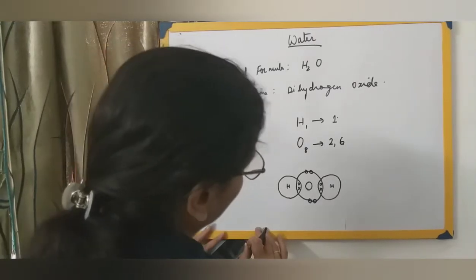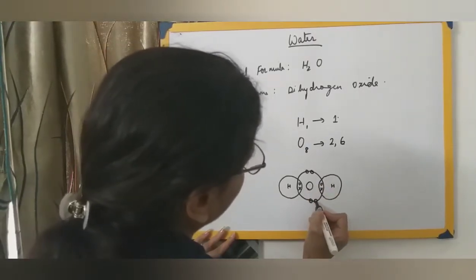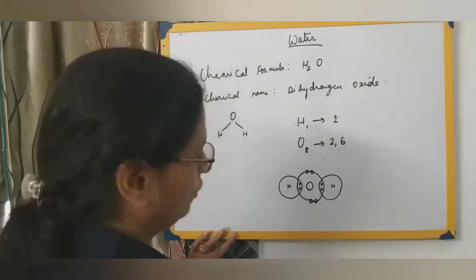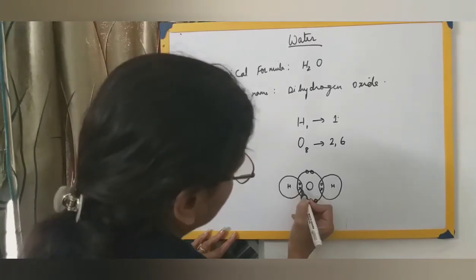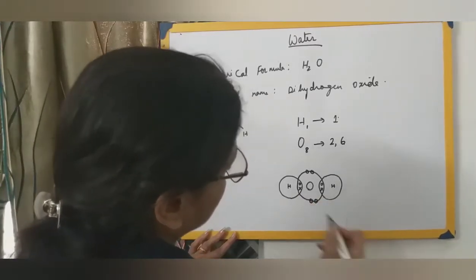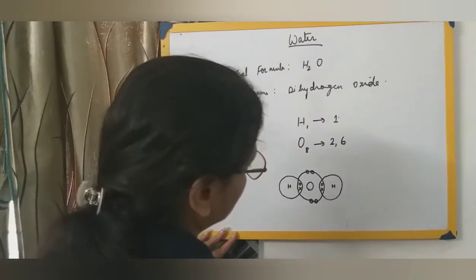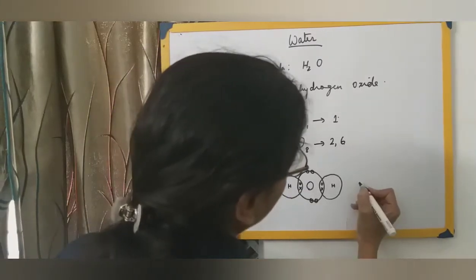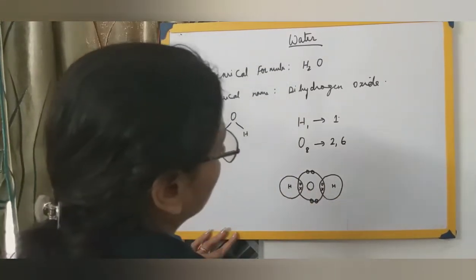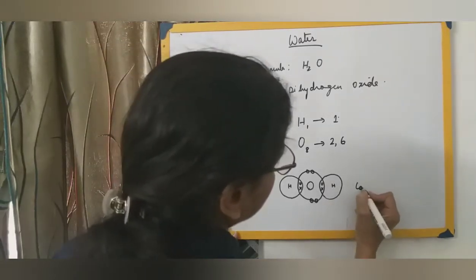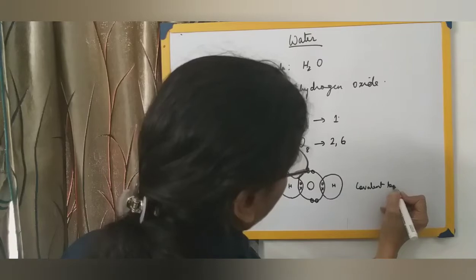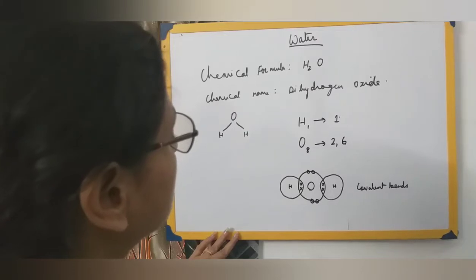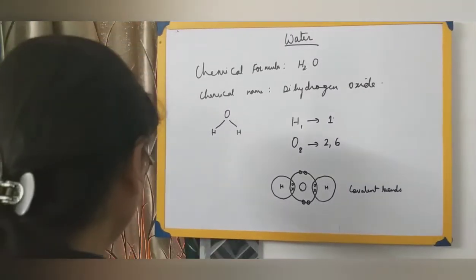There are covalent bonds, and these are the two lone pairs of electrons in water. That means these 2 electrons are not involved in the formation of a bond, whereas 1 electron of oxygen along with 1 electron of hydrogen on this side, and again 1 electron of oxygen and 1 electron of hydrogen, are involved in the formation. The electrons are being shared and it leads to the formation of 2 covalent bonds between hydrogen and oxygen. So this is with regard to the structure of the water molecule and the bonding in the water molecule.